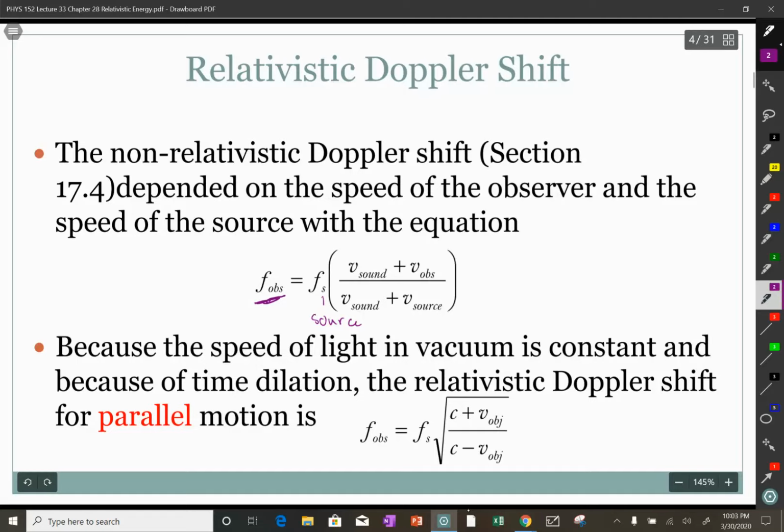And the conventions for these are: V observer is positive if the observer is approaching the source, and V source is positive if